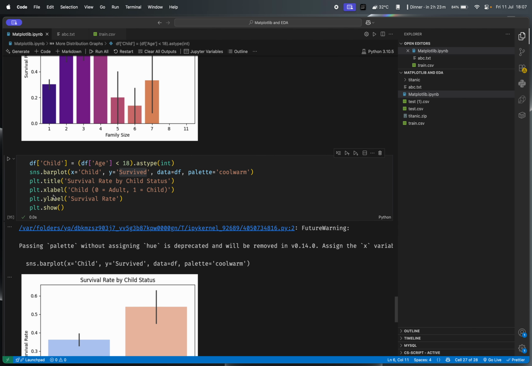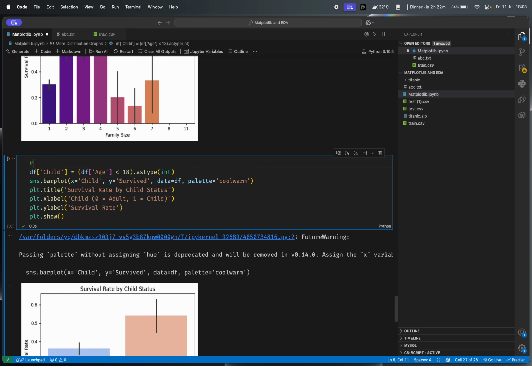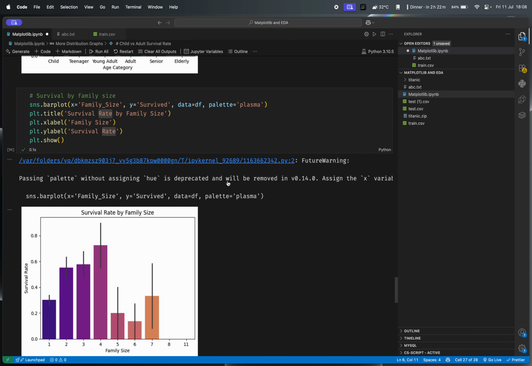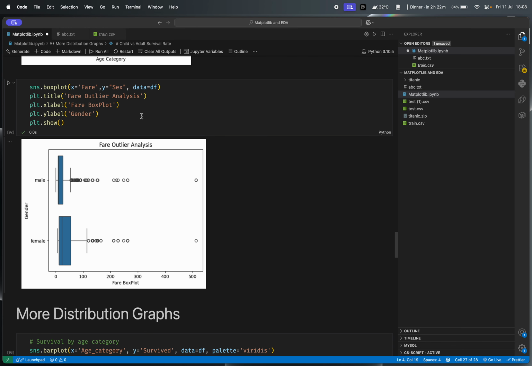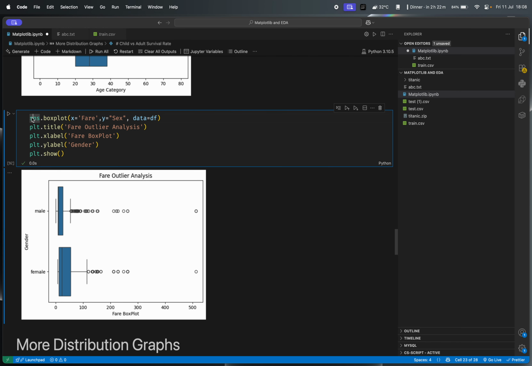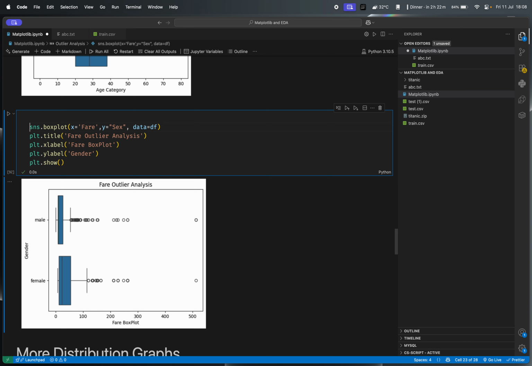Right, so this was, you can mark them as child versus adult or something. Always put comments in your code. Like if your survival rate is family size, this was survival rate by age category. See, everywhere I am giving, over here I should give box plot of what? Box plot I am talking about is fair outlier analysis. So just give box plot of